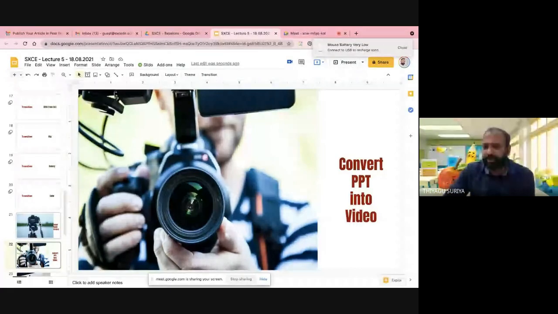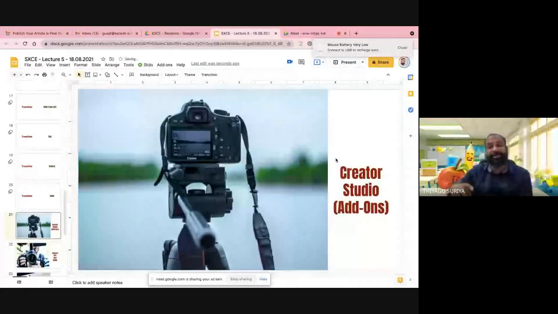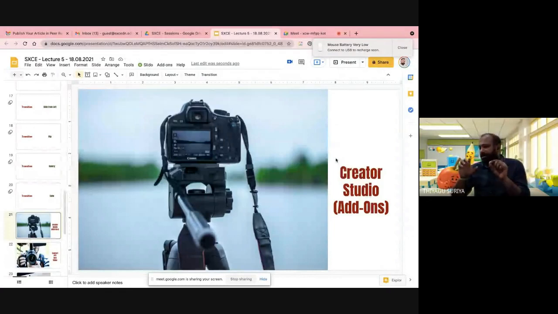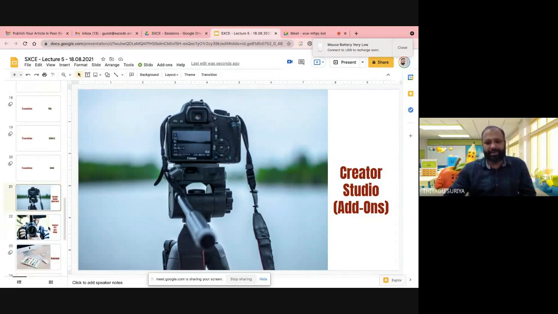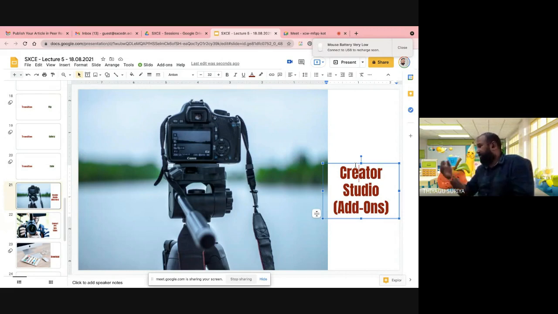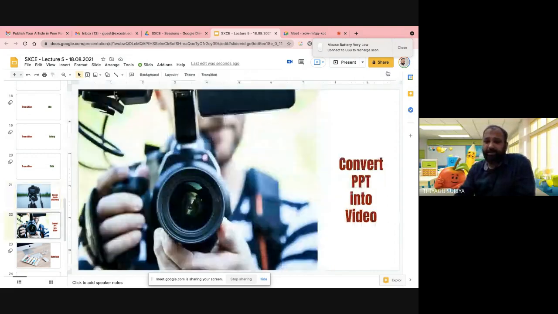So till now we have been discussing how to do an animation effect in Google Slides. I'm not talking about new slides. I'm highlighting in what manner we can use Google Slides for the animation effect. They have given some kind of default animation effects in Google Slides itself. That only we are discussing here. Now the next task for me: how to create a video. In the previous classes we also used two add-ins. Can anyone brief which add-ins we discussed? Which add-in did we discuss in the last class?